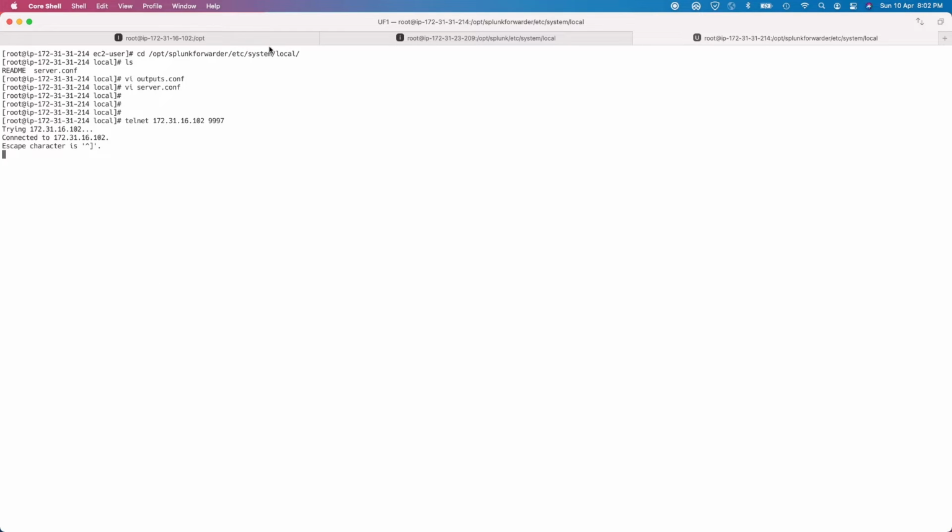So this is one of these boxes. This is indexer 1. So indexer 1 is listening, right? And then let's break this, and then this one, both listening, right? Okay, so now